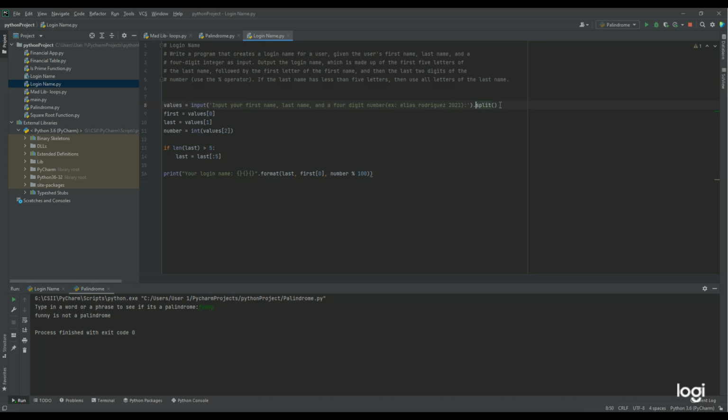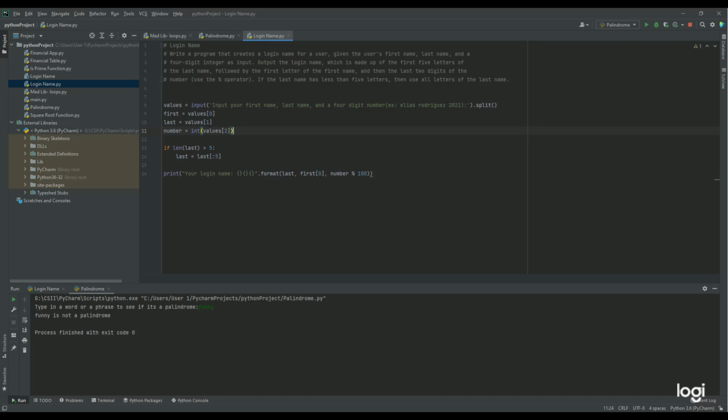So I went ahead and split this, so it will split the user input. I took in the variable name first to hold the first name, which will be the first value in our list values. Then I created another variable named last, took in the second value of our list values,